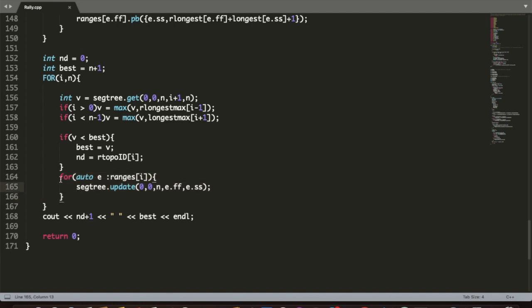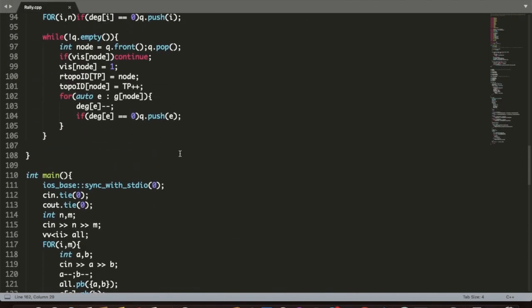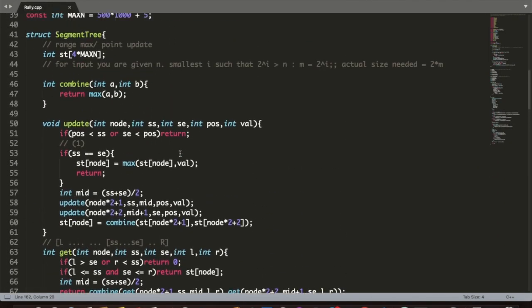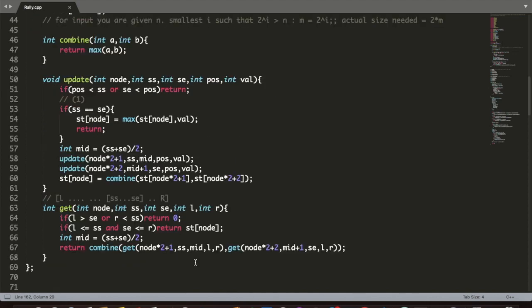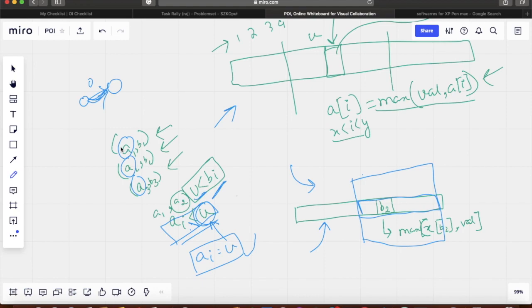Remember that the reason we are doing this at the end is because the inequality was less than. If we had done the processing before finding the answer for deletion of a particular node u, the inequality would have actually been less than or equal to, because for every ai such that ai equals u, we would have already processed those before finding our answer for u. And that is it. I have used a standard segment tree code here, a point update range query max segment tree. So that's it for today.